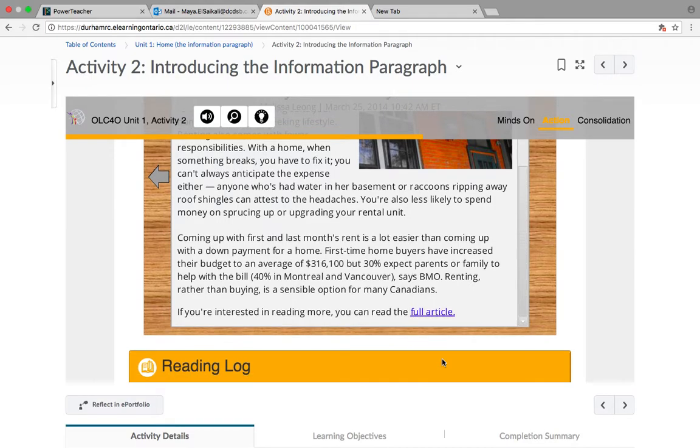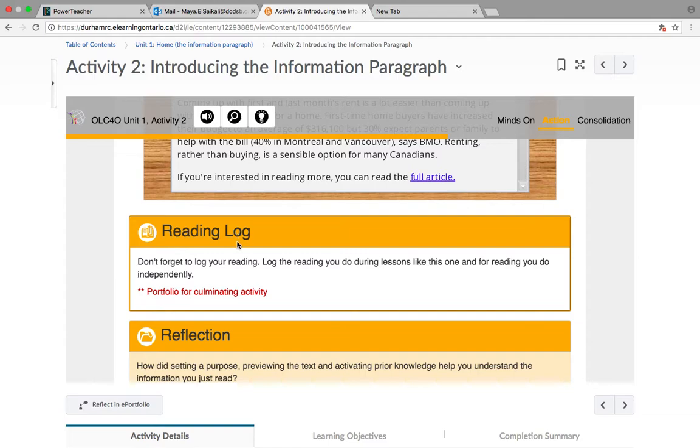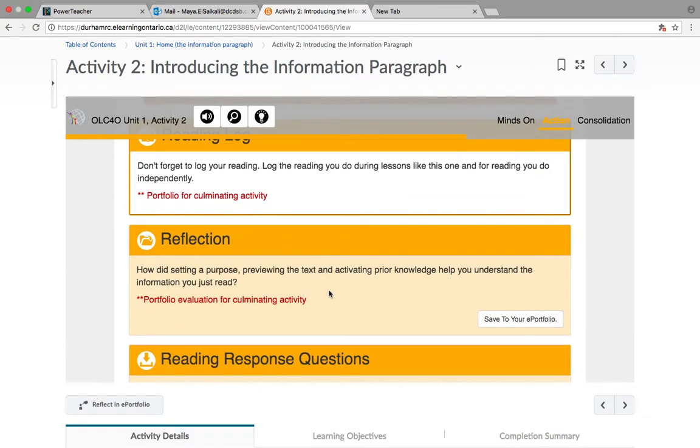So that means you have read this and you logged it, so I can see that you have actually read it. So that's why it says here reading log. Don't forget to log your reading. Log the reading you do during lessons like this one, and for reading you do independently if you do any extra reading. Now, for the reflection,